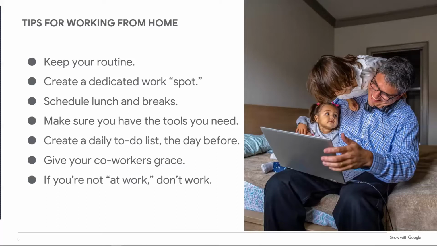I had a certain spot at the kitchen table when I didn't have a home office, and that was my work spot. If I was working from home, I sat at that same chair, and I never ate at that same chair, because I trained my brain to say that if I sat at that chair, then I was working. We have to create that mentality, and it helps train our brain that when we're at work, or when we're searching for jobs, it's that same mentality.